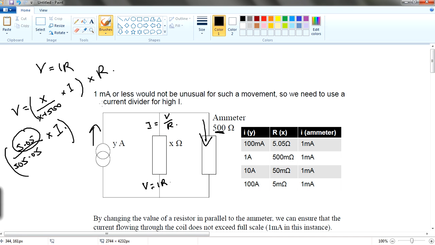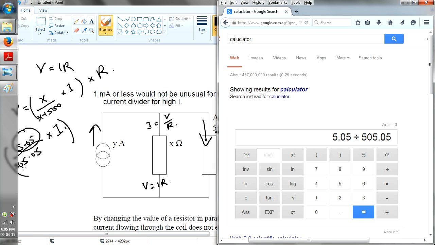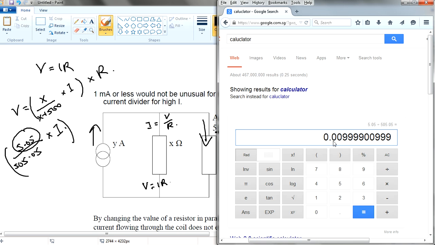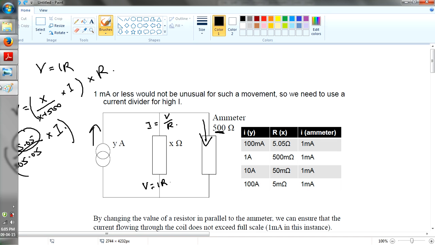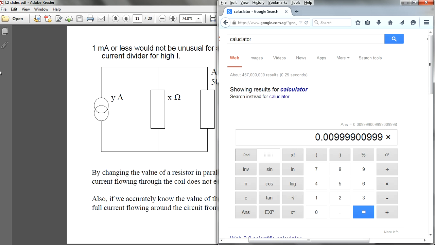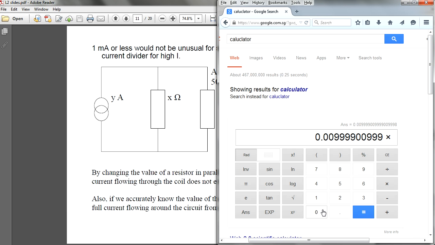So if I were to do that, let me hold on. 5.05 divided by 505.05, I'll get 0.009. And then I multiply with my input current of 100 milliamps, which is from here. 100 milliamps is times 10 to the negative 3, so it's 0.1. So 100 milliamp is actually 0.1. So if I were to multiply by 0.1,